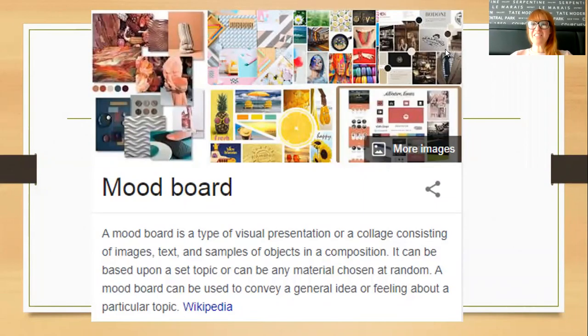Hi, Year 7. Welcome to your second lesson of graphics. In the first lesson, you were looking at what graphics is. Some of you already have experience. You might know people that are graphic designers, or you might have older brothers and sisters that have studied graphics. But I'm going to talk to you a little bit more about what we're going to be doing this term